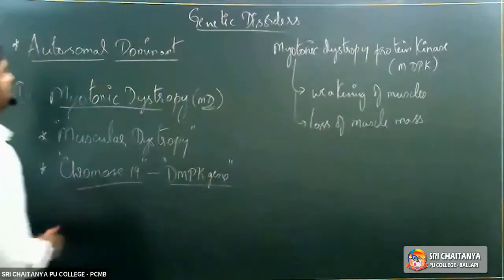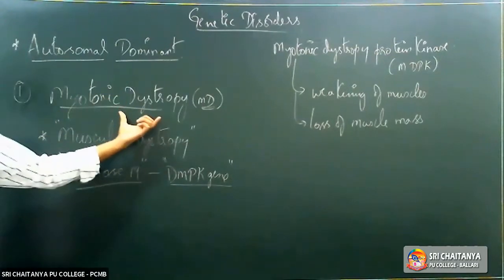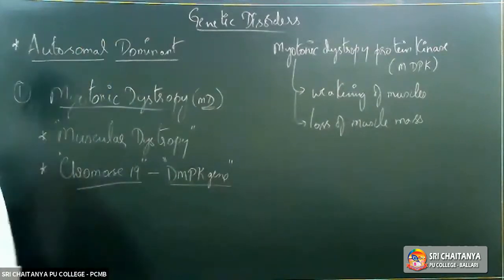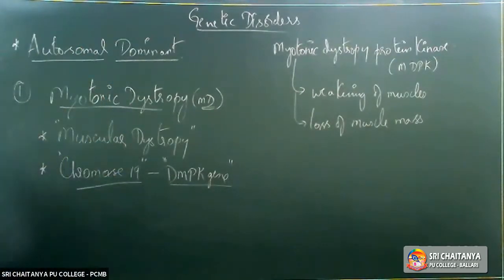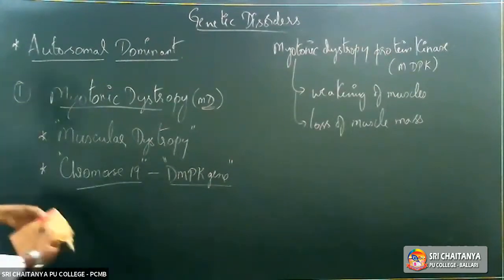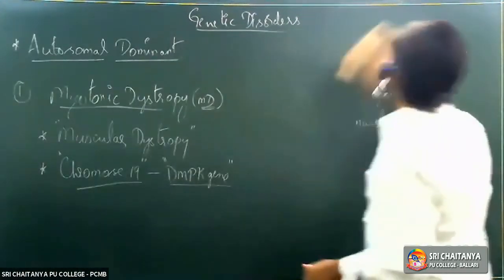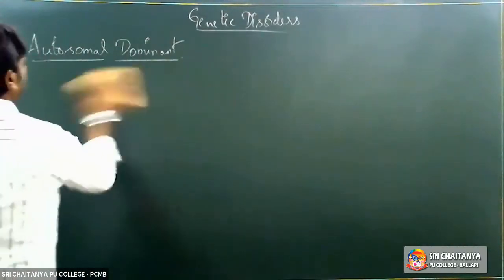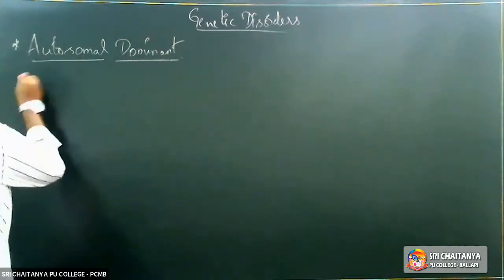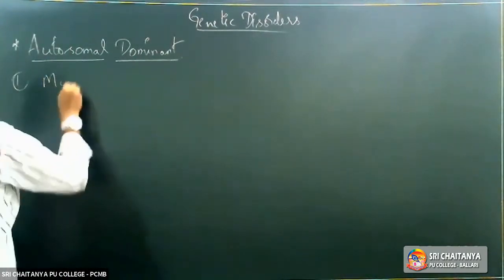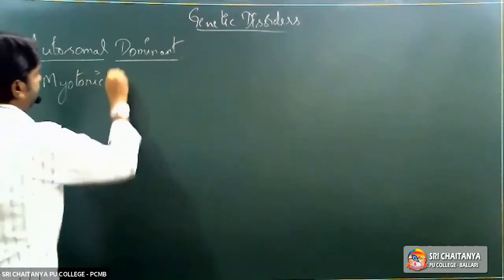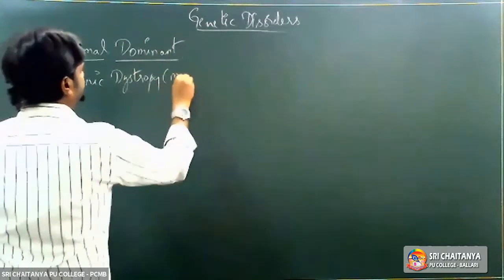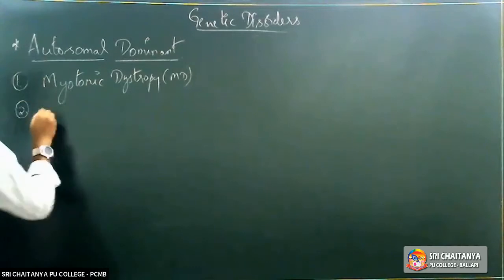So this is the first condition we have, which is called myotonic dystrophy, an autosomal dominant disorder. Now let's take up the second disorder. The second disorder is called Huntington's chorea. The first disorder we took up was myotonic dystrophy, MD. The second disorder we are going to take up is called Huntington's